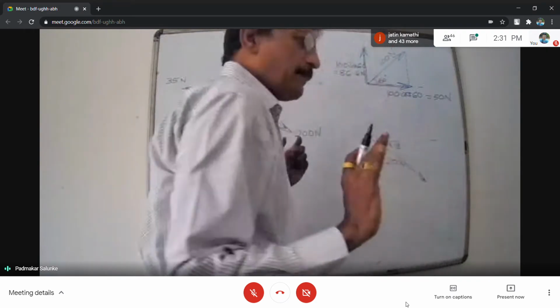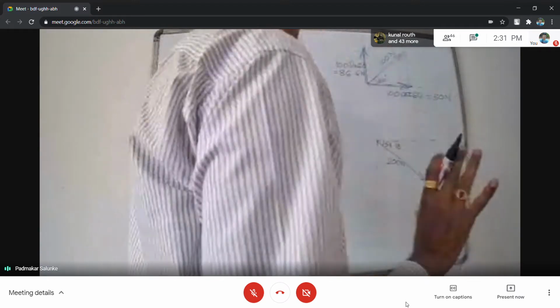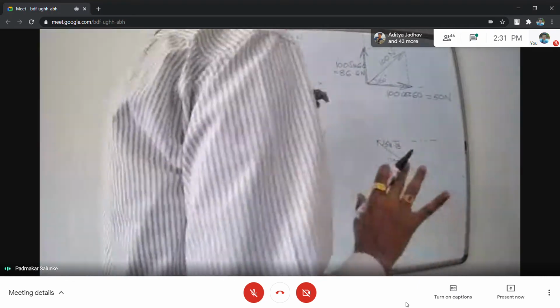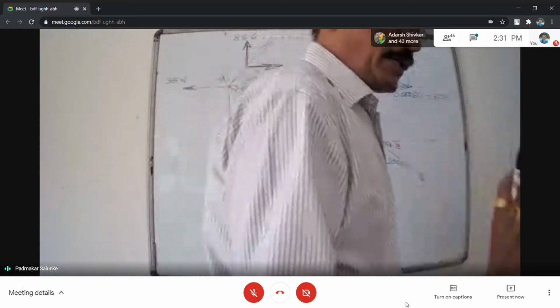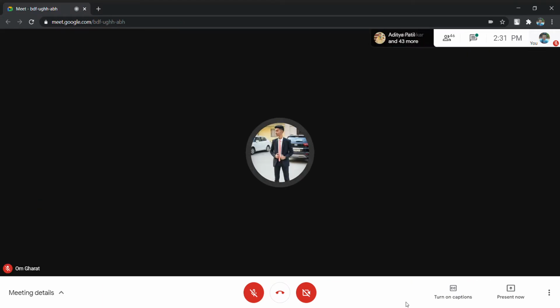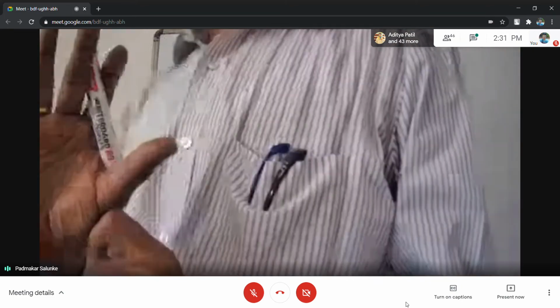This is a very famous triangle in our discussion. So don't use a calculator. 4 by 3 angle is 53.13. And in reverse order, if it is 3 and this is 4, it is 3 by 4 tan inverse, it comes as 36.87. So these values you have to keep in your memory. Don't waste time on the calculator.